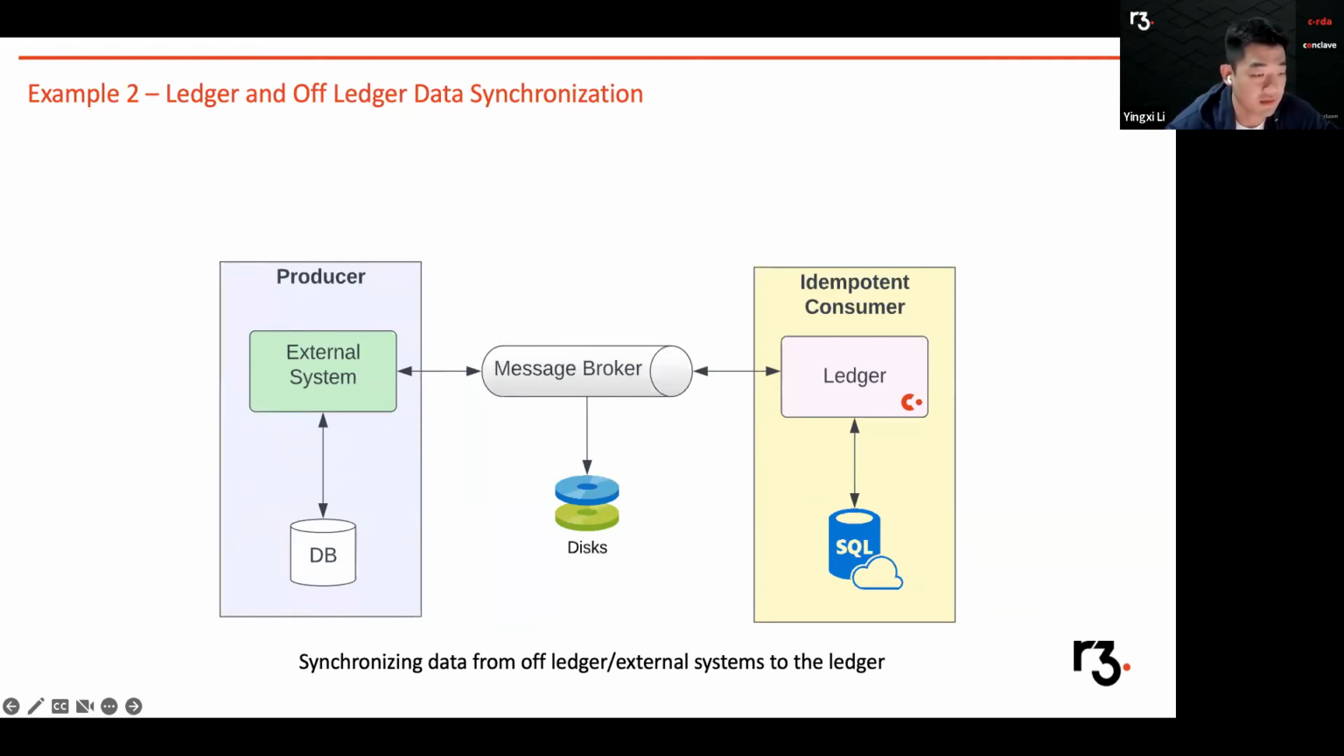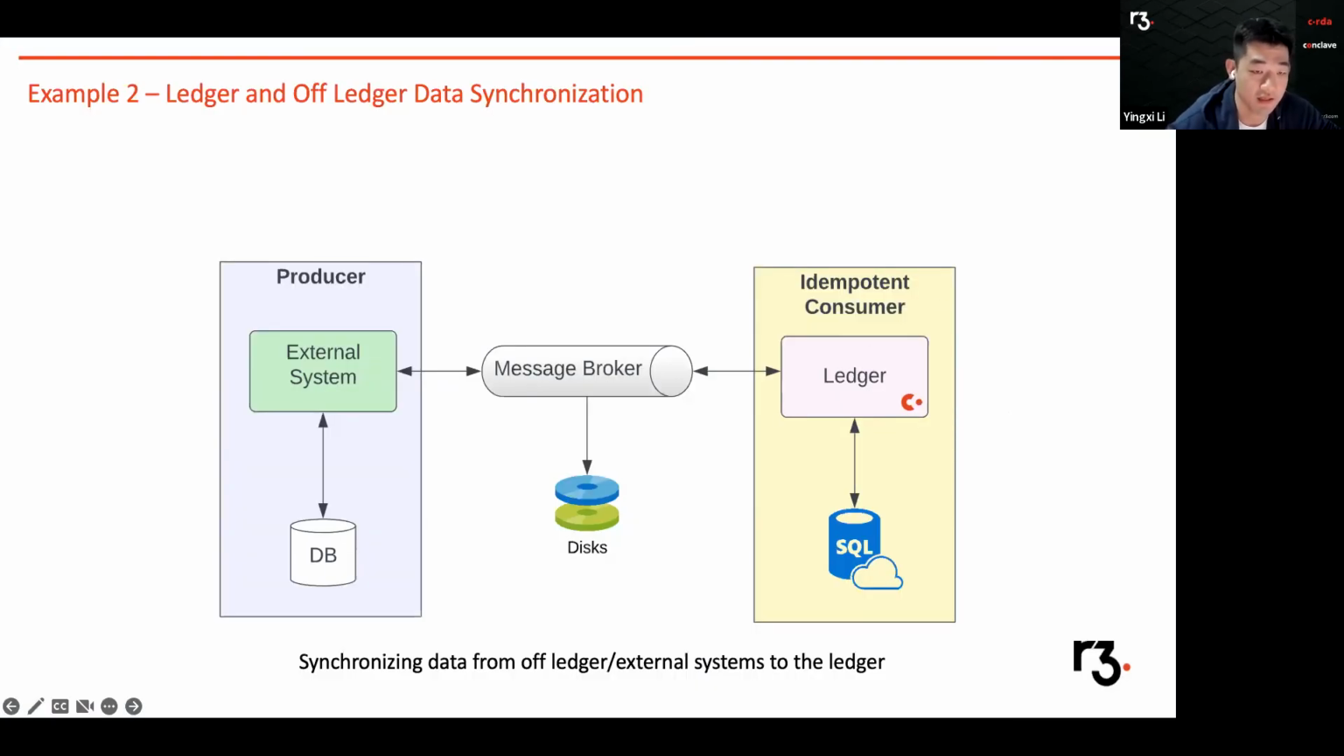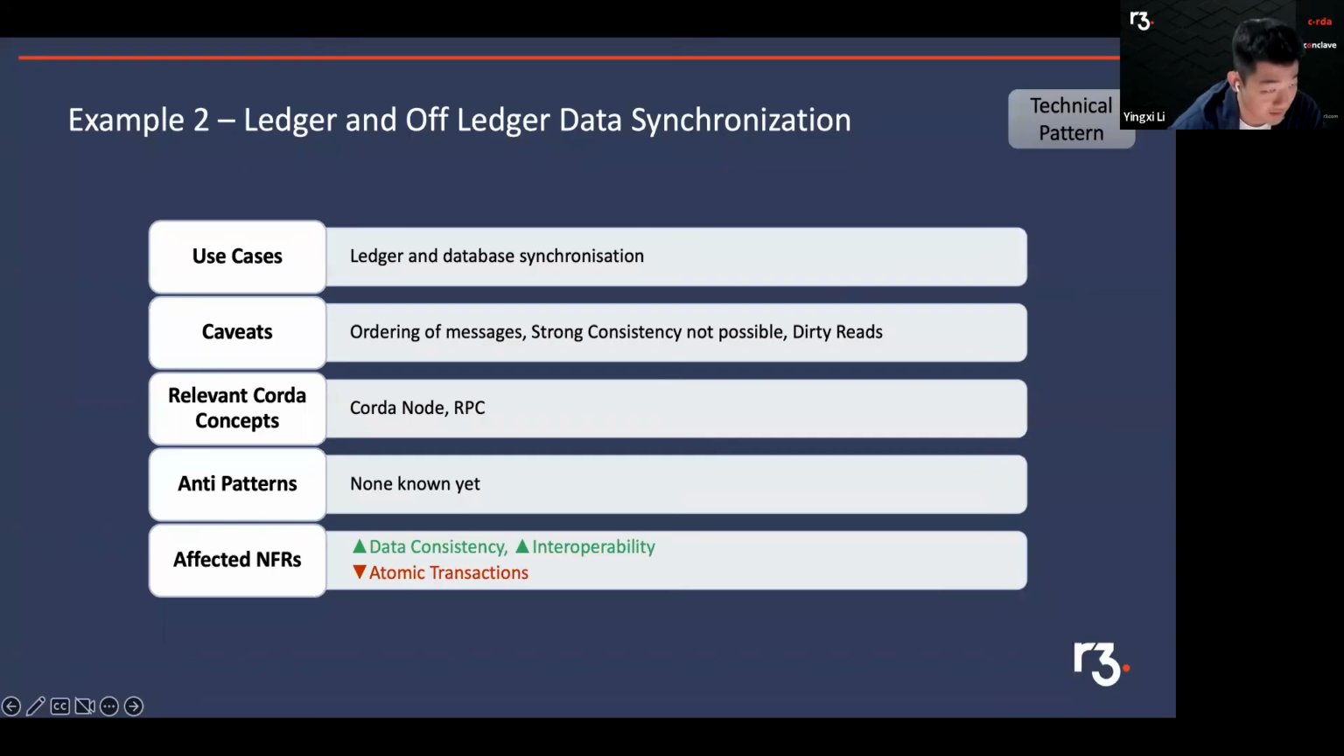You can have the external system as the producer, keep producing data, and have the ledger as the idempotent consumer to just consume the data that you produce externally. But again, the solution we are suggesting is to batch the transactions to guarantee data consistency. So, in summary,